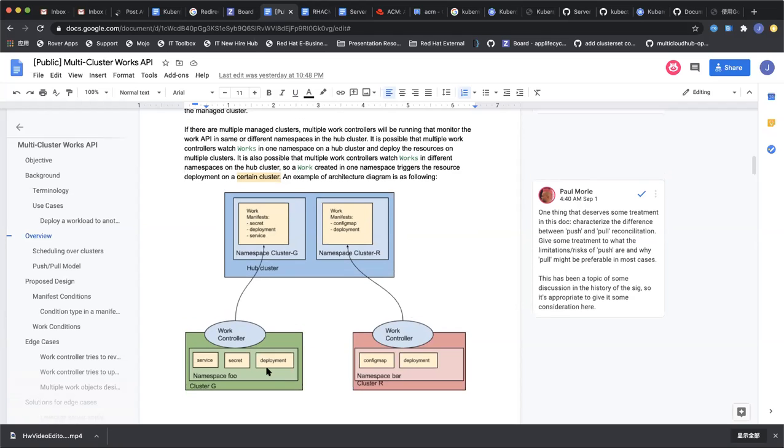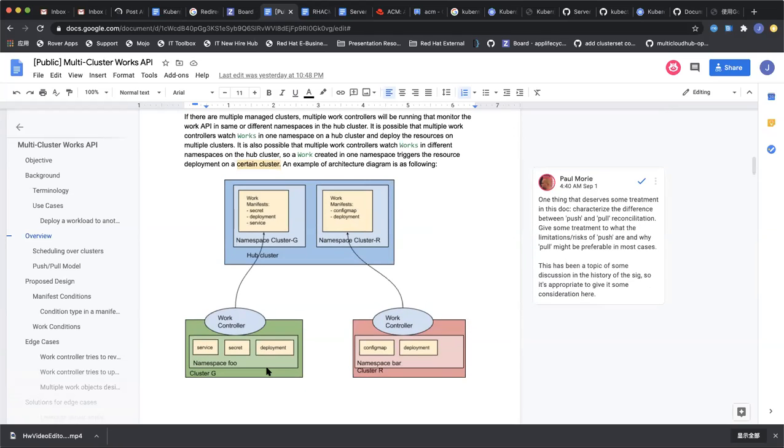So this is more like the namespace on the hub cluster will be something like a container that contains all the work to be deployed on a certain cluster. But the namespace of the resources in the manifest is unrelated to the namespace in the hub cluster. So